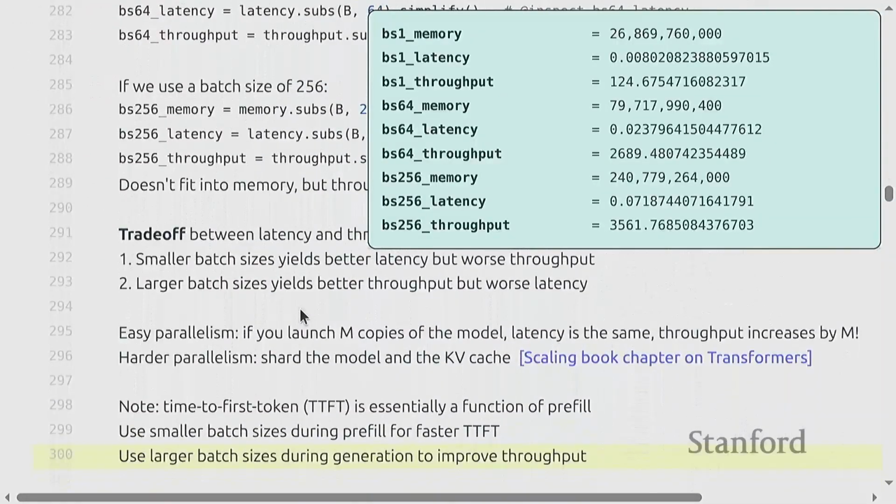And because of the memory limited argument that I gave in the previous part, I just focus on memory and compute how many bytes need to be sent, and that gives me a rough bound on the latency. In practice, there are some regimes where compute does matter, but I'm sort of ignoring that just to keep things simple. Okay, question? Is this assuming a single GPU? Yes, this is assuming a single GPU.